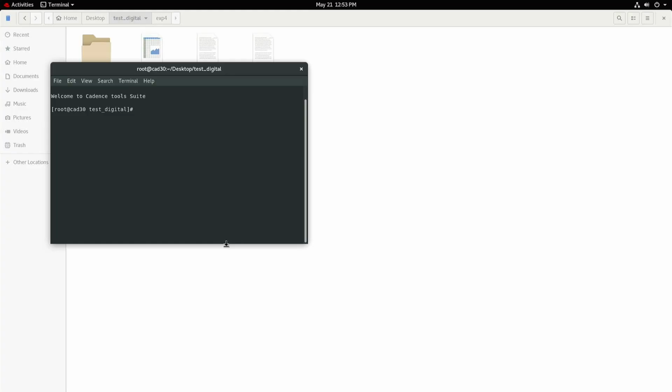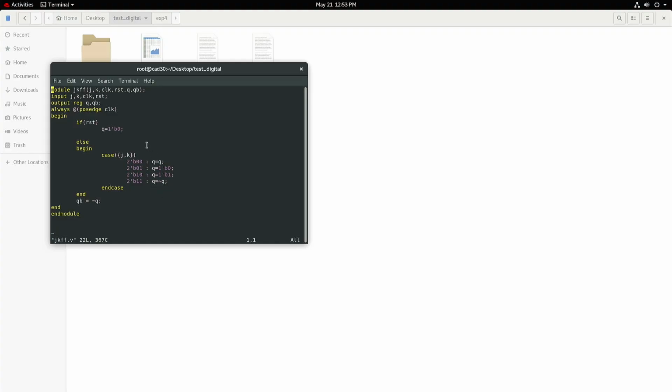For typing the code, you can use any editor. I'll be using the Vim editor. Then just type vim followed by whatever file name you want to type the code in. For example, I'm doing JK flip-flop, so jkff.v. You give that, then press enter. It will open a blank editor. In that you need to type the code; as I've already typed it, it is coming as module JKFF.